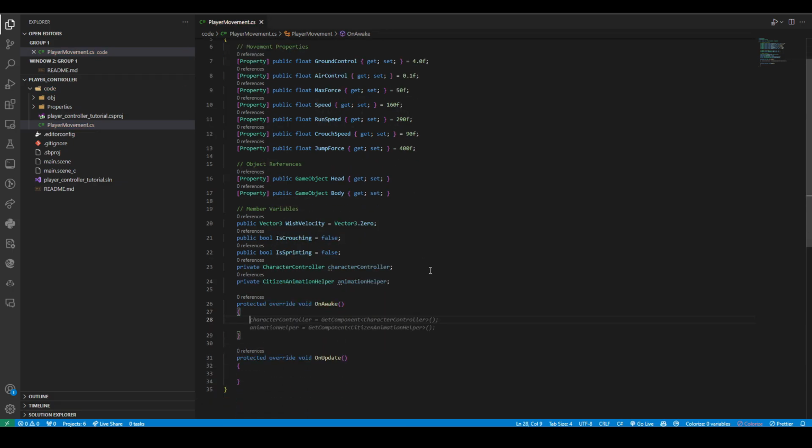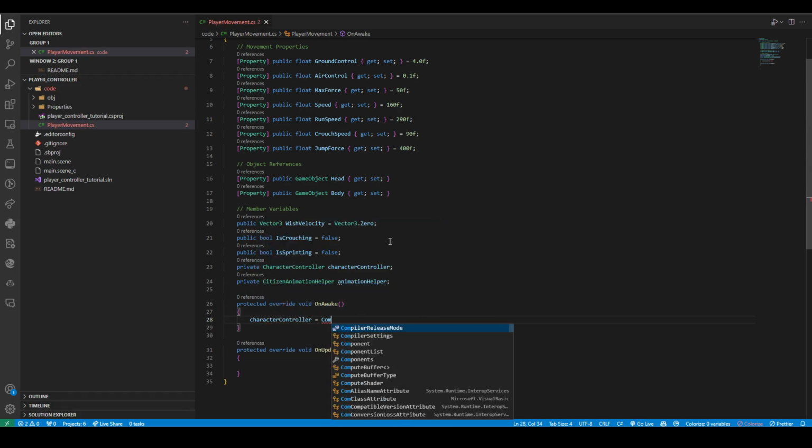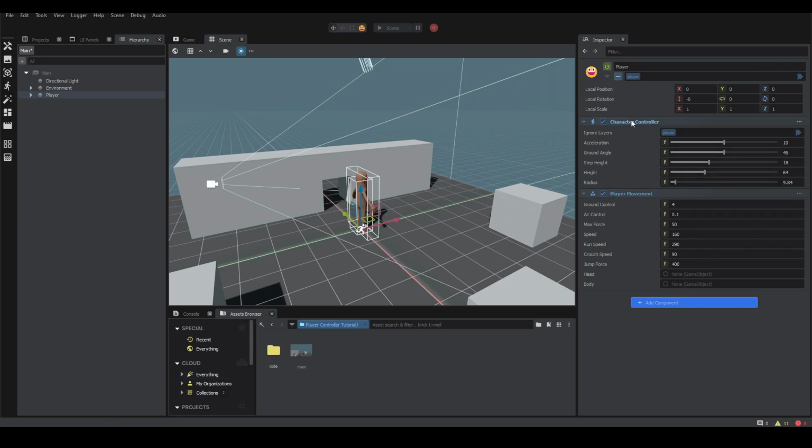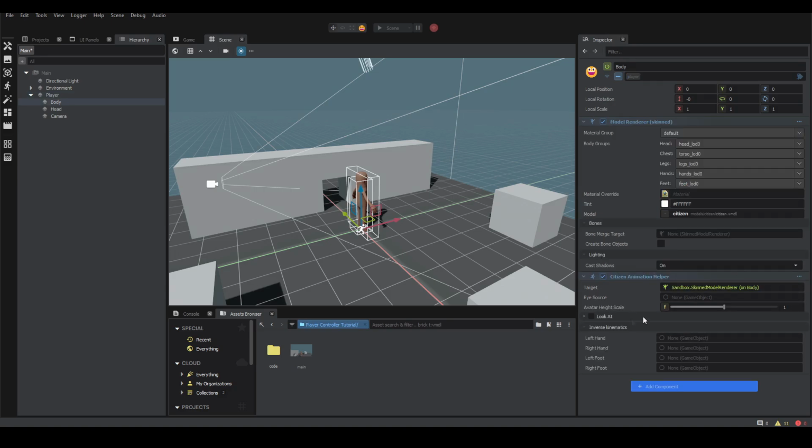onAwake function, and look, Copilot's kind of trying to carry us, but it's not really doing a good job. So we want character controller equals components.get, our character controller component. So calling this components.get is going to get the character controller that's on the same object as us. But now for our citizen animation helper, it's not. So I'm actually going to go ahead and just move it